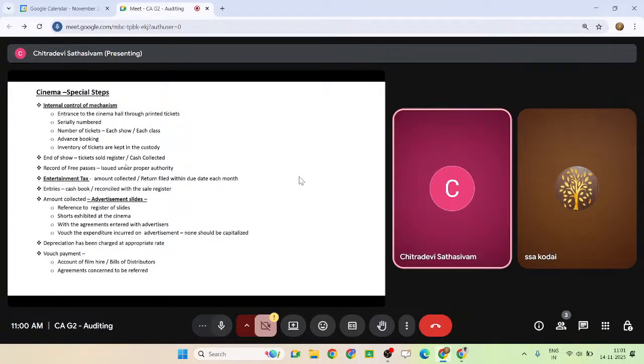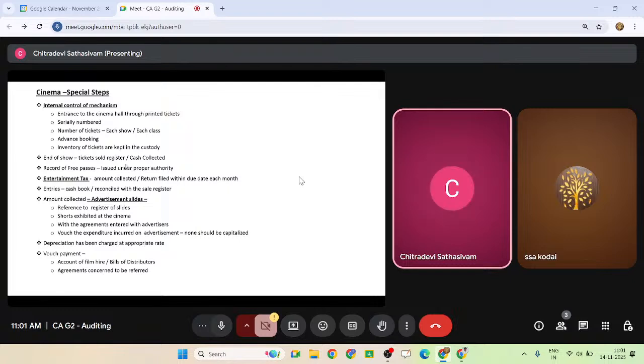Correct? And if next week any important actor's film comes, you will have the chance to do advance booking. So when you book in advance, whatever tickets have been booked, the money is collected in the bank by the cinema operator well in advance. This is the nature of the transaction. Think you are a finance person: how will you account for this transaction in the books of accounts?